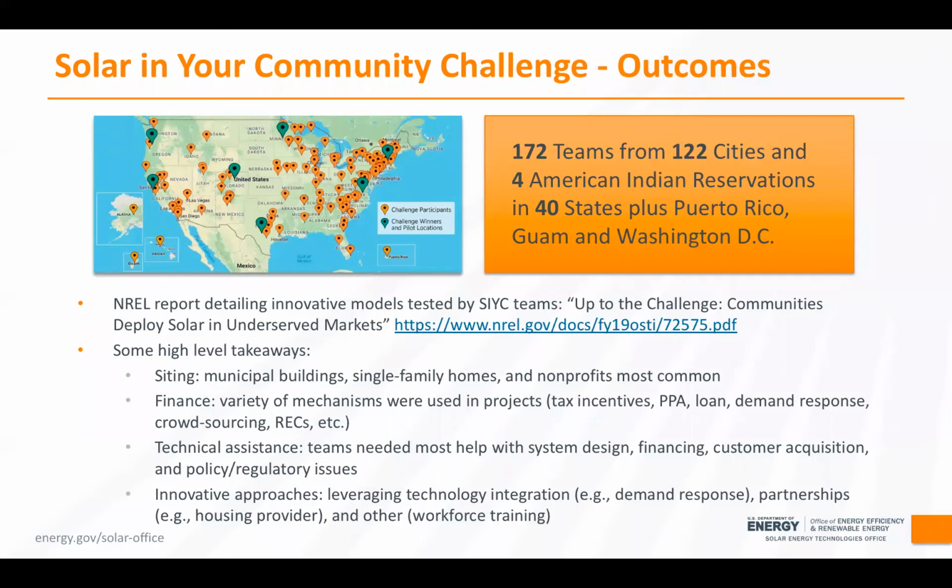But first, just start with a brief overview of the Solar in Your Community Challenge that's on this slide. Essentially, contestants across the country competed to design and deploy local solar projects or programs that served either low and moderate income customers or nonprofit and local government off-takers. NREL produced a report detailing some of the innovative models tested by Solar in Your Community Challenge teams, and it's not surprising that they leverage a variety of different finance mechanisms and innovative approaches, putting them to test as they